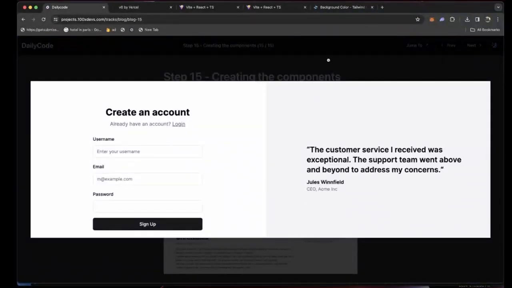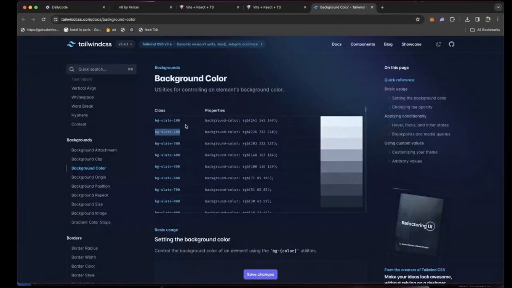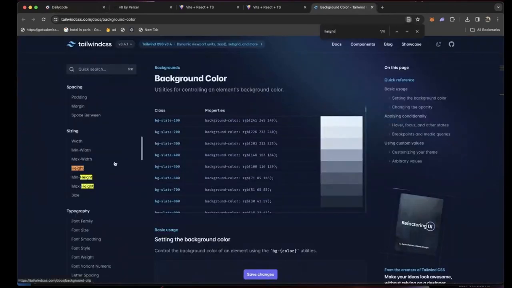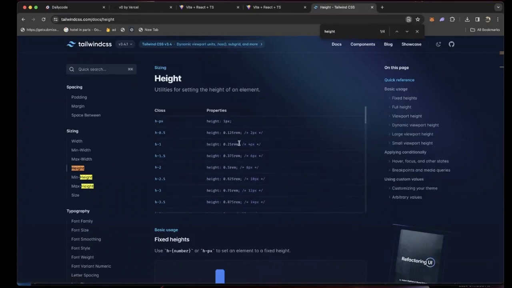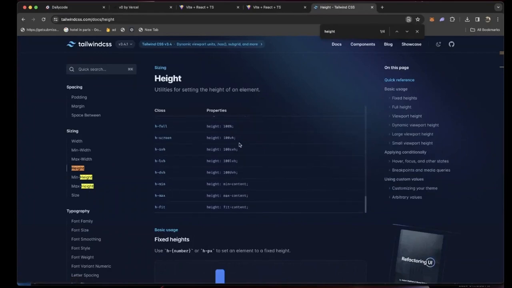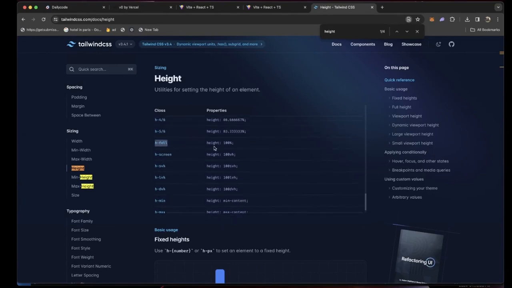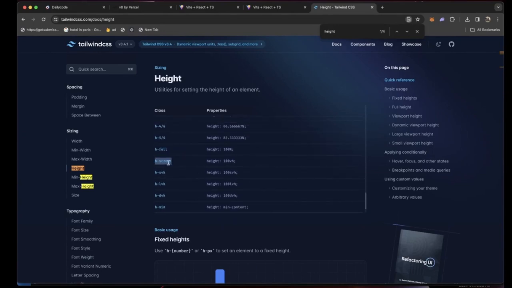So I'm going to go to height over here and select h dash screen, which means take the complete height of